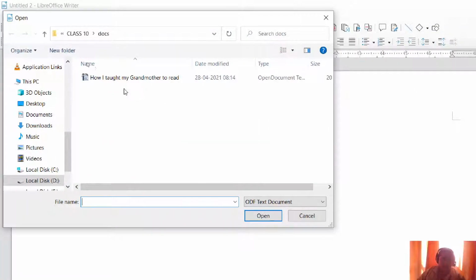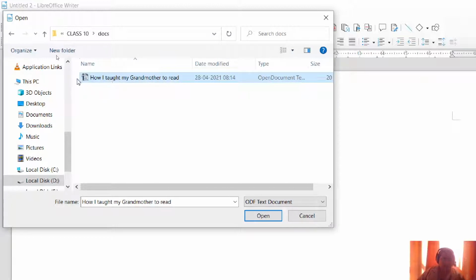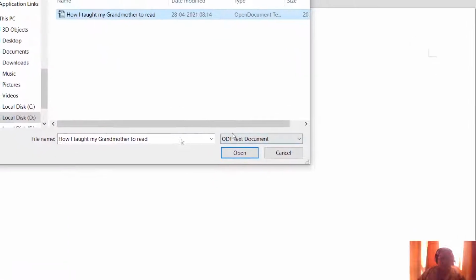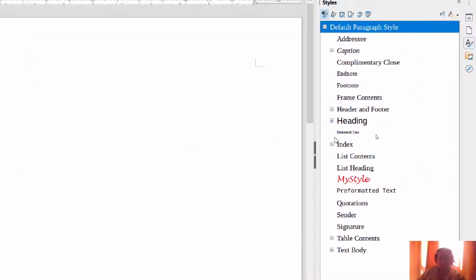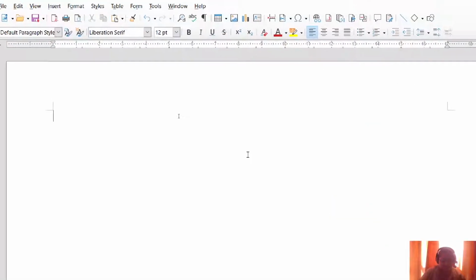In D drive, I have a folder named Microsoft Teams, then Microsoft Teams online class, then Class 10. Within this, I have a folder named Docs. And from here, this was the document which I was working on earlier. So I'm going to select this, click OK, and you can see My Style appears over here.